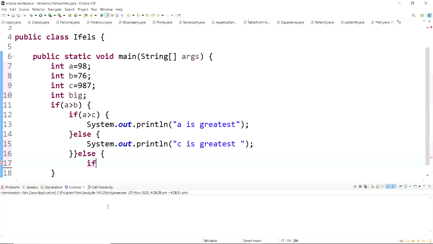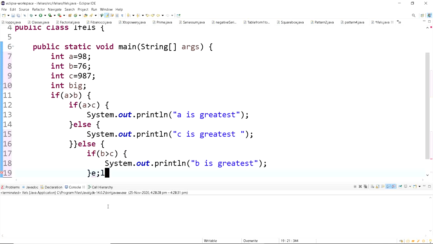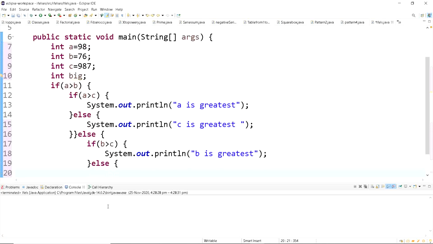If b is greater than c, b is greatest, else